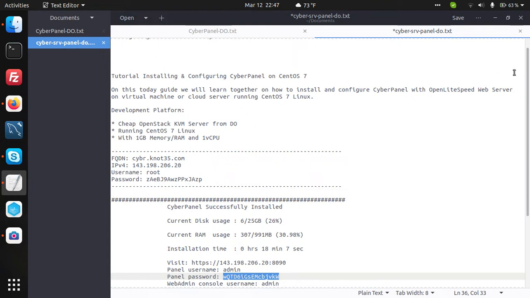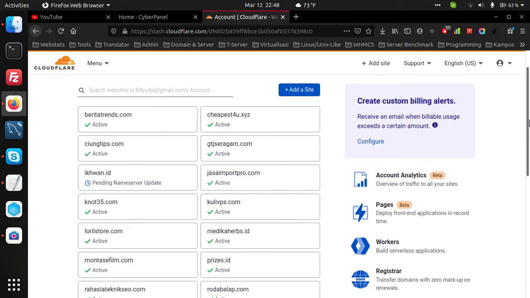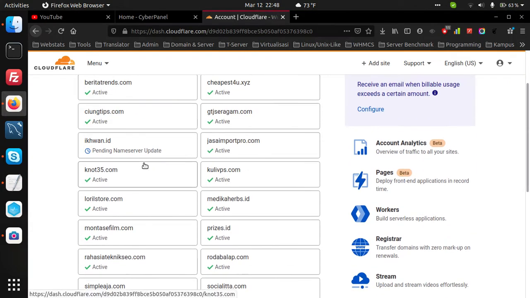I will point my hostname or FQDN and set an A record and CNAME or www record. That's pretty basic.